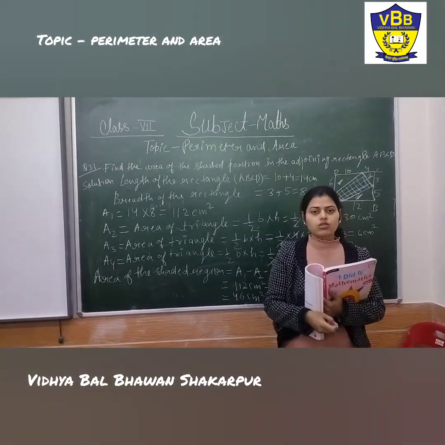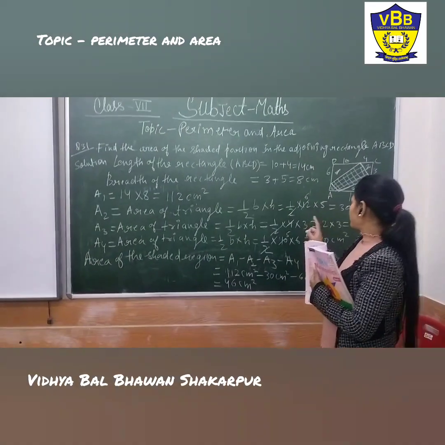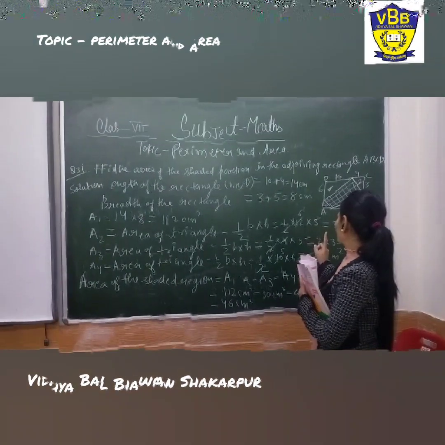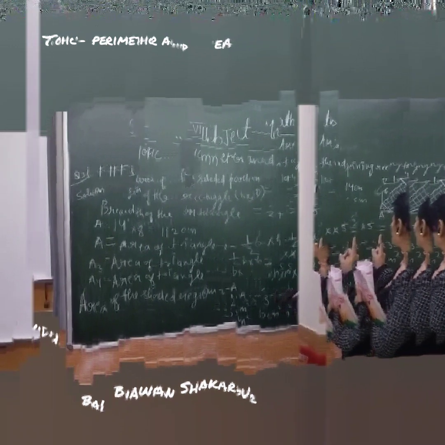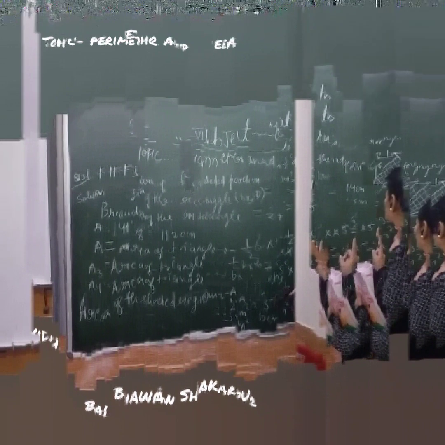As you can see in this question, you must know the area of the rectangle, and the shaded portion has no particular shape, and nothing is given about the length or breadth of this shaded region. So that's why we need to calculate the area of the rectangle ABCD and then subtract all the three triangles' areas, then you will get the desired answer of this particular question. Now let's move to the next question.